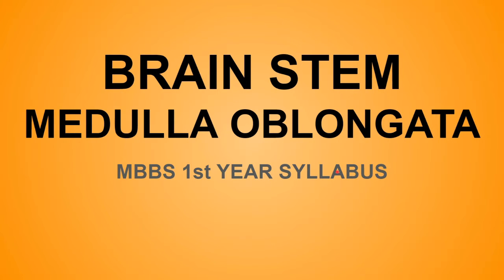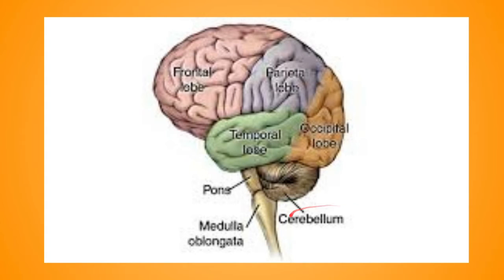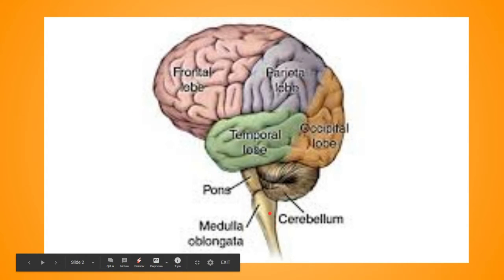Hello everyone. Today we'll discuss the medulla oblongata of the brainstem. First of all, this is the medulla oblongata. You may know that in the brainstem we have the midbrain, pons and medulla. This medulla oblongata is the direct upward continuation of the spinal cord, extending from the foramen magnum of the